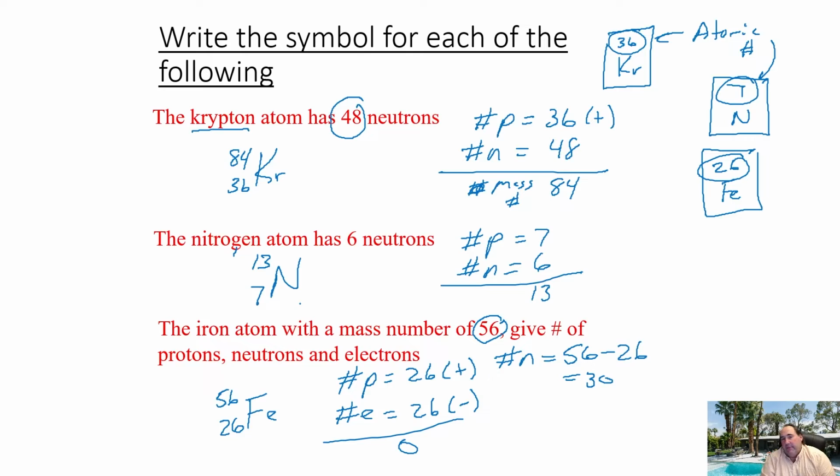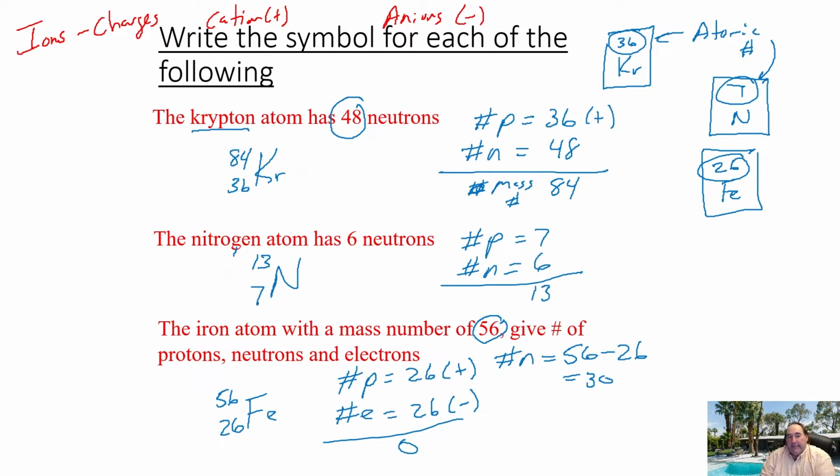So you do need to be able to figure out protons, electrons, and neutrons, the mass number, the atomic number, and write the symbols with the mass number and atomic number on them. Why we're talking about this, since we kind of touched upon ions, is let's talk about what happens when something gets a charge. Earlier we talked about ions, and again, a reminder that ions are things that have charges. There are cations, which are positively charged, and there are anions, which are negatively charged.